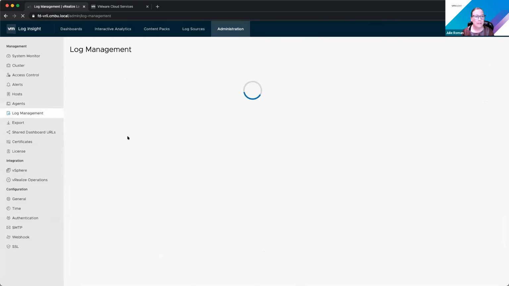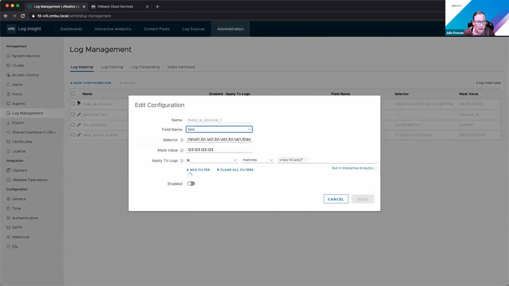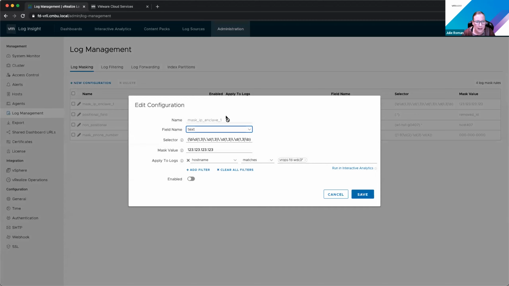Log management was the big update in this release. We added log masking. So here I have a number of examples for log masking. Again, this is to remove sensitive data from a log message. So if I wanted to, I could hide a specific IP address. I know there was one scenario where the customer had a FIPS area and they had some question about sending logs to Log Insight.